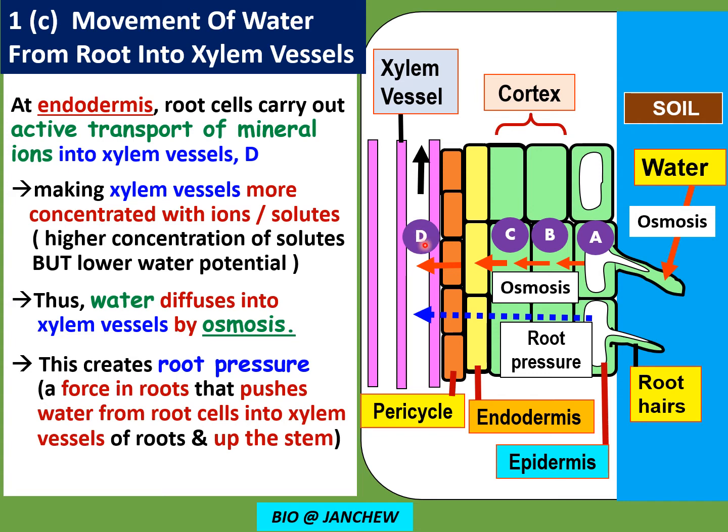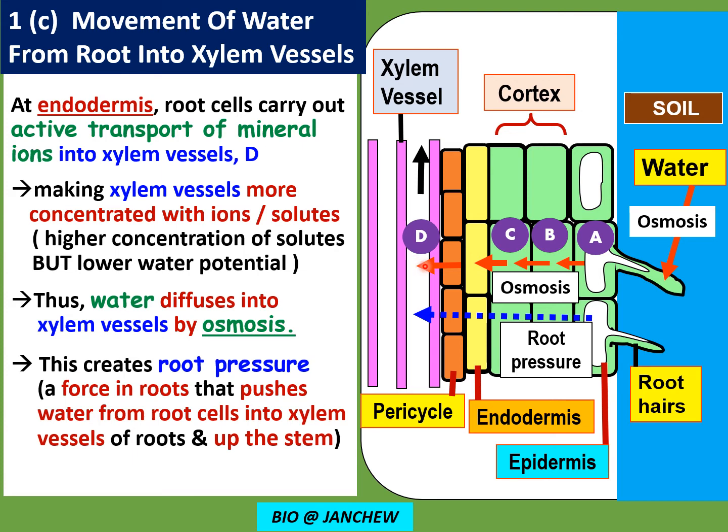So similarly, as we have seen before, the root hair cells carry out active transport of mineral ions from soil into their cells. So remember, mineral ions are actively transported into the root cells. So when root cells actively transport the mineral ions into the xylem vessels here,